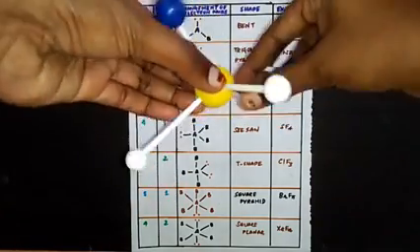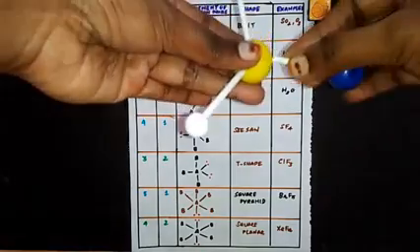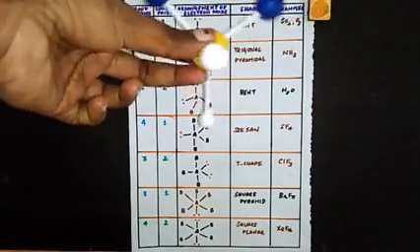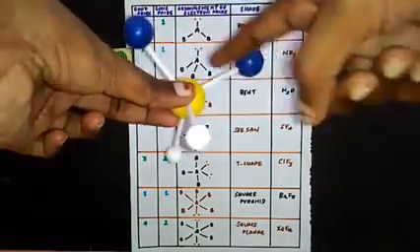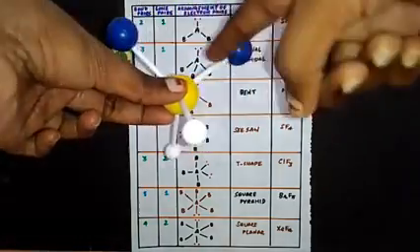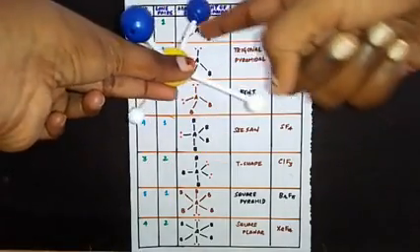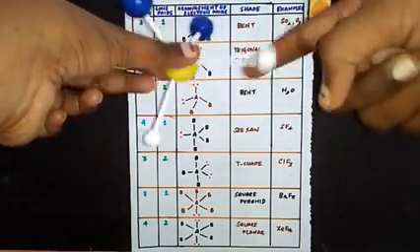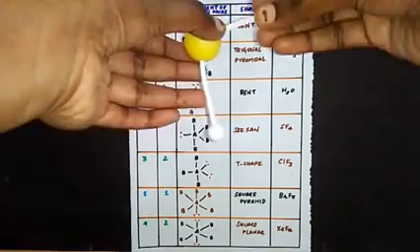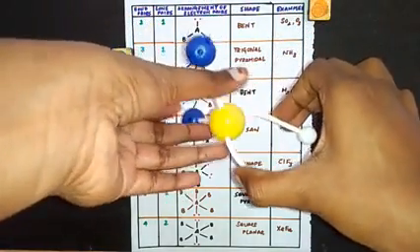Okay, and 2 lone pairs. So one more lone pair we are going to fix. Out of the 4 electron pairs, there are 2 lone pairs and 2 bond pairs, and obviously this repulsion will be very high because these repulsions are between lone pairs and lone pairs, and this repulsion is somewhat little because this is between lone pair and bond pair, and this will be very minimum because this is between bond pair and bond pair. So you're going to get a bent structure like this.